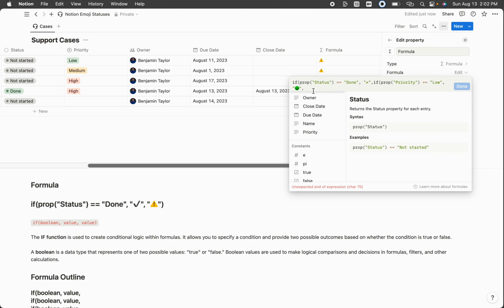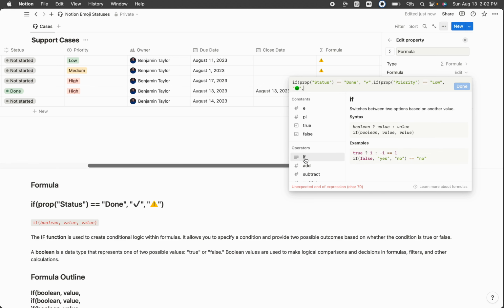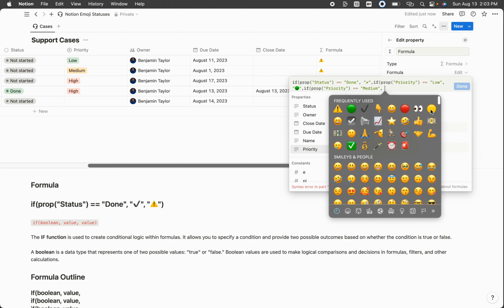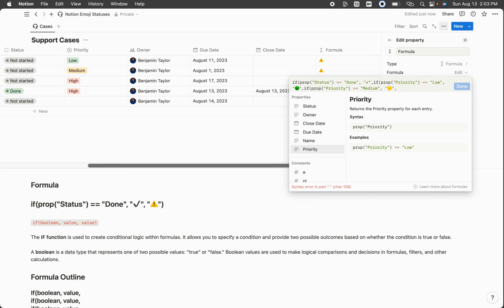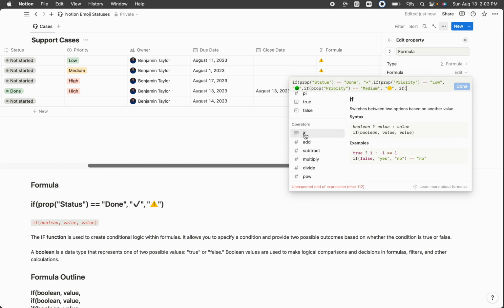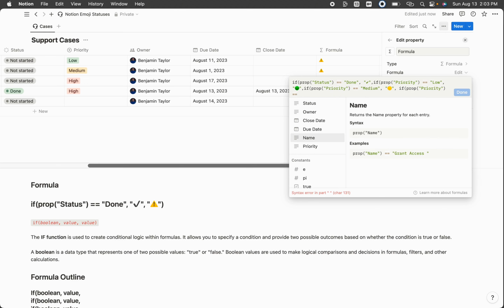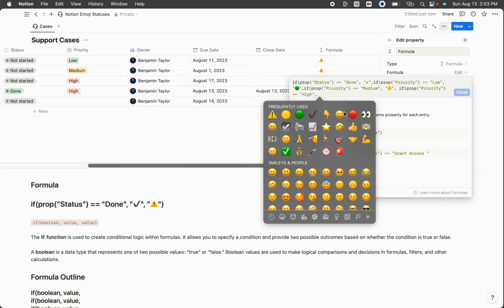But if that's false, then we need to make sure that we continue to look through the database to find medium or high. So we are going to again do if, and then we're going to select priority, two equal signs, and we're going to search for medium, comma, and then for this scenario, we're going to search for the yellow emoji, comma, and then again, we're going to do the if function, and we're going to look for the high priority, two equal signs, and then we are going to put in high, comma, search for the red emoji,